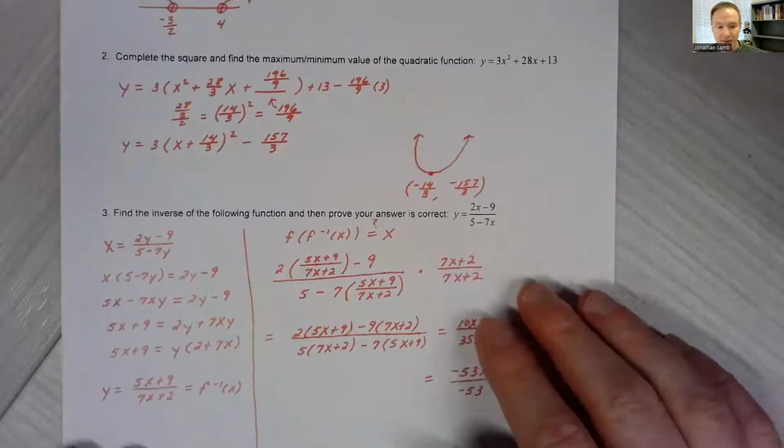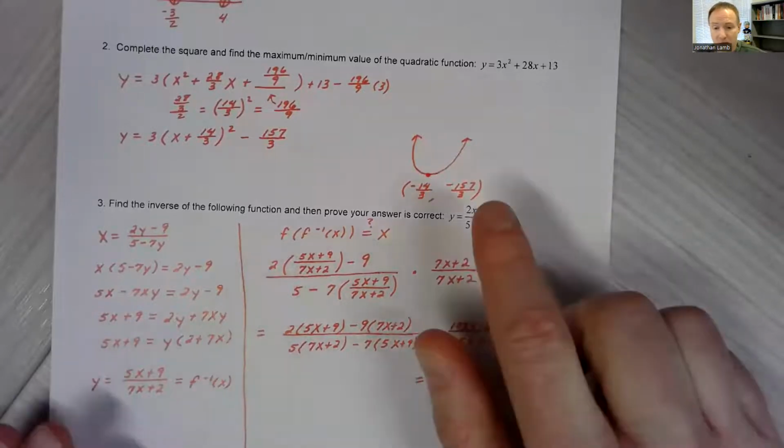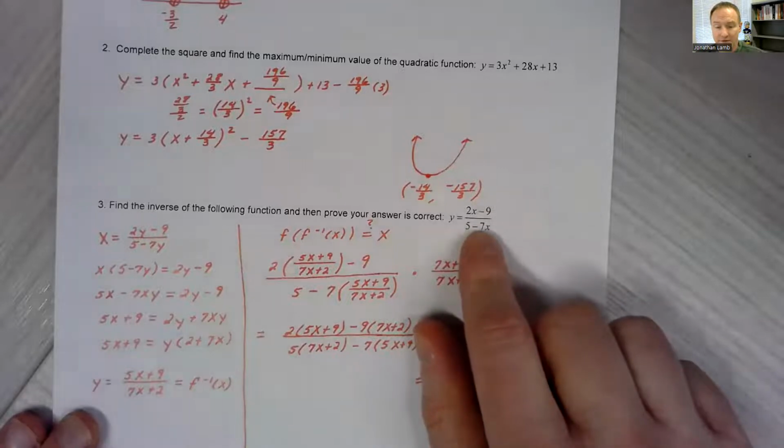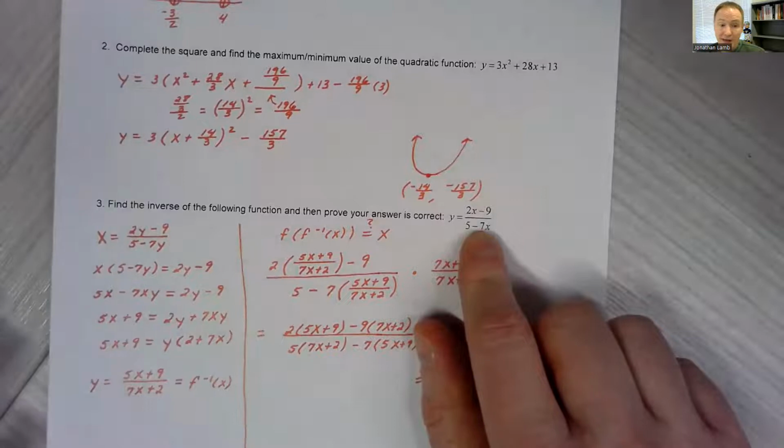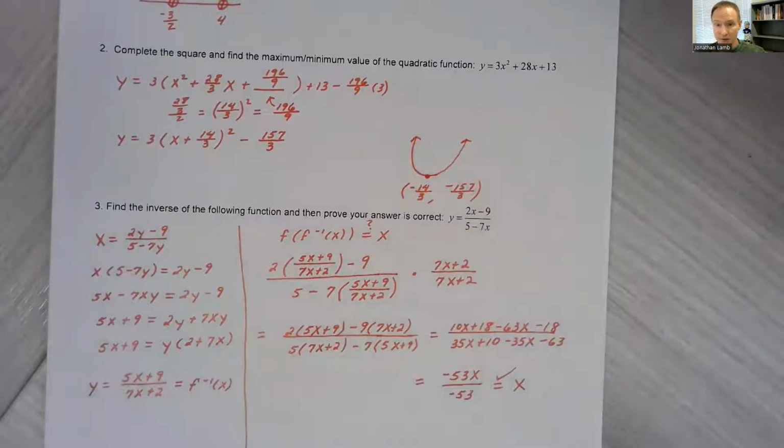For the next one, I really like this one. I'm asking you to find the inverse of the rational function (2x minus 9) over (5 minus 7x). Okay, so first thing I have to remember is, what does an inverse do? An inverse is going to undo whatever the original function did. So that means if x goes to y in the original function, then y has to go back to x